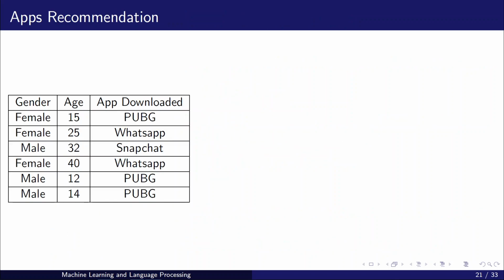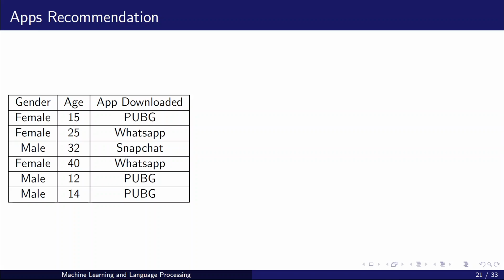Let's take another example. Let's say you are writing software for recommending apps in the Play Store. For example, you open Google Play Store or Apple App Store, and you get a lot of app recommendations, right? So you are trying to write a program for app recommendation.